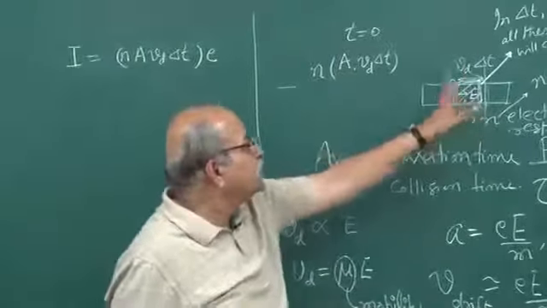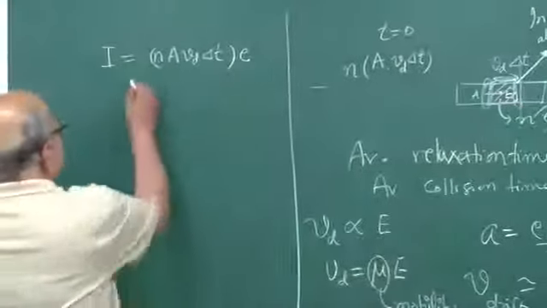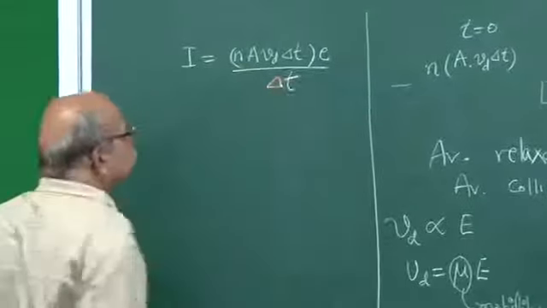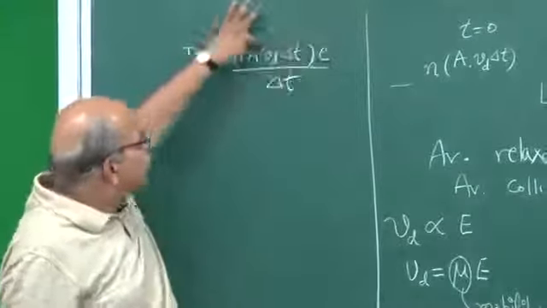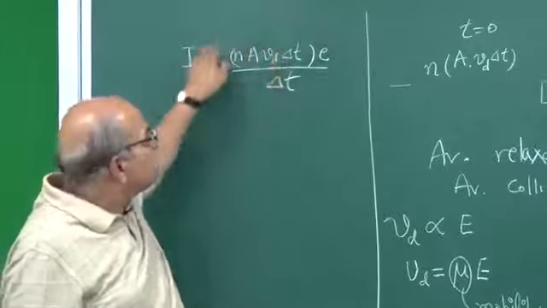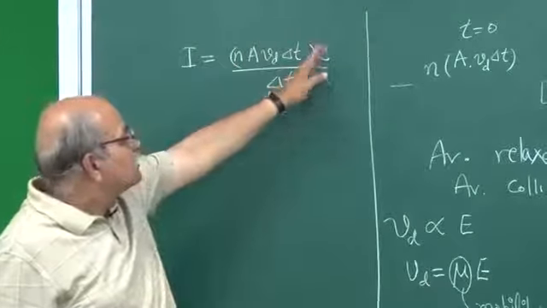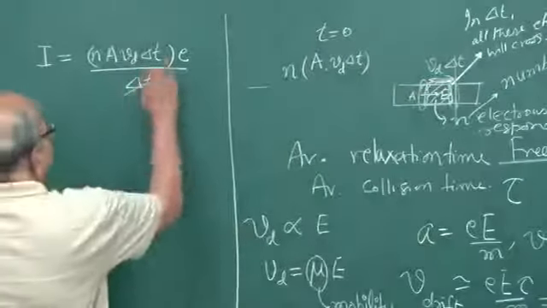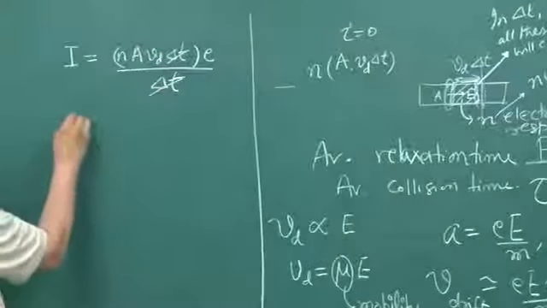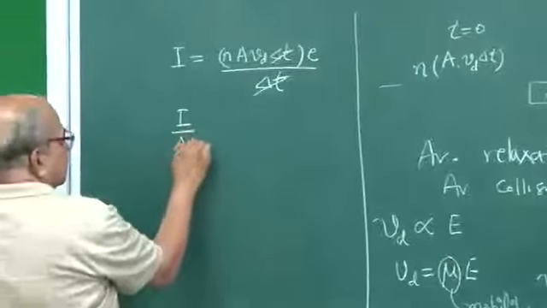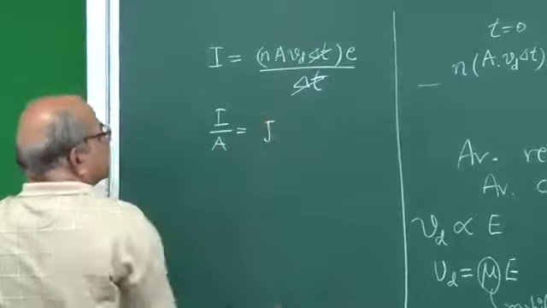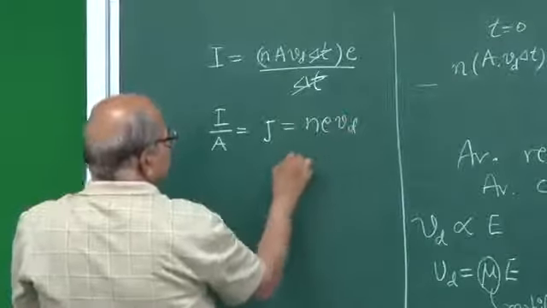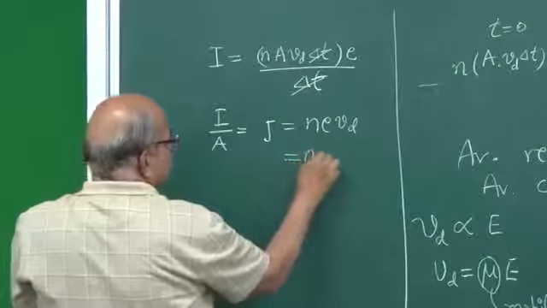If you divide by area, it becomes current density. So the current will be this divided by delta T. This much charge is going in time delta T. So per unit time, how much charge is going through a cross section, that is the current. So this is the current. And if you divide by this A also, then this is I by A, which is known as current density J. So that is equal to N times E times Vd, and that is equal to N times E times,